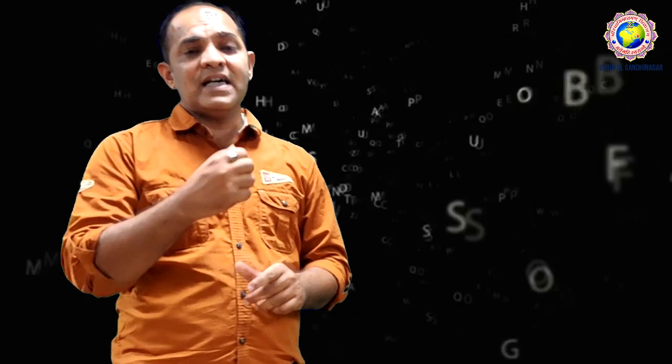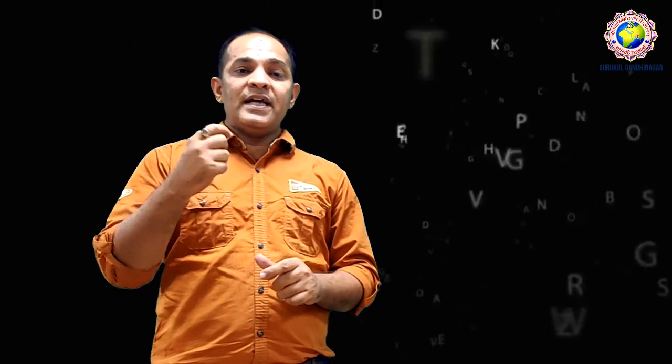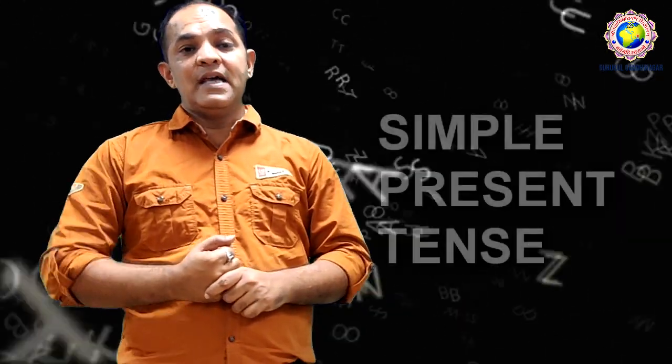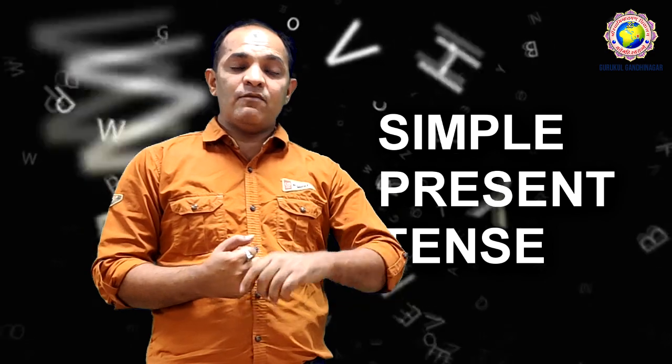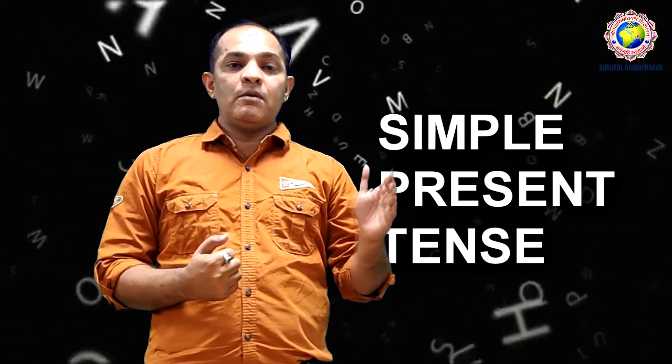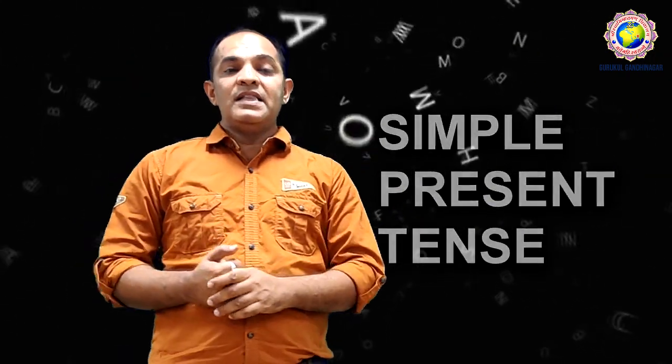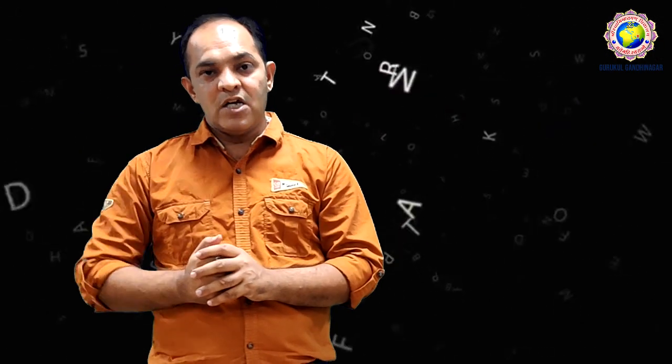Today we are going to see detailed information regarding all tenses and all the formations, what the formations are, and how to follow the rules and regulations. So let's start with the tenses. We are going to take the first tense, simple present tense. Now what is called simple present tense and what are the formations? While we are talking about active voice, in active voice there are 6 formations. The same formations will be applied for passive voice also. So we are going to see the first, simple present tense.